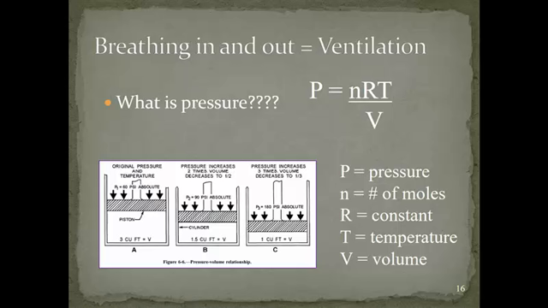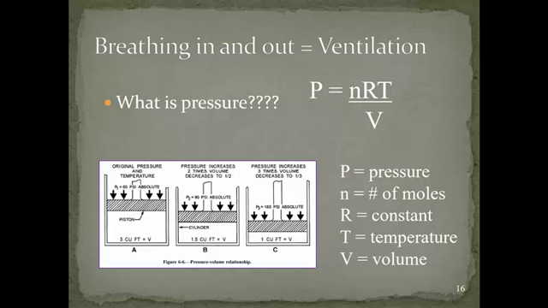Pressure is related to volume in an inverse relationship. If you look at that equation, P equals nRT over V, the V is on the bottom of the equation on the right side. So as V gets bigger, P is going to get smaller. The other things that pressure depends on are the n, the R, and the T. This is the ideal gas law, but we can pretty much ignore that because n is the number of moles